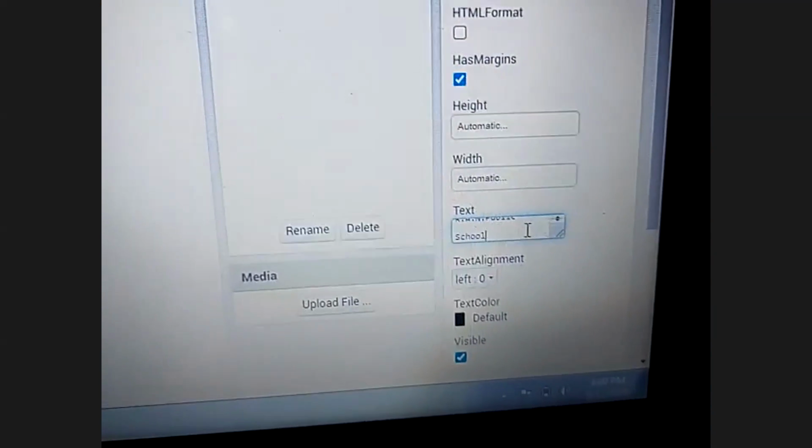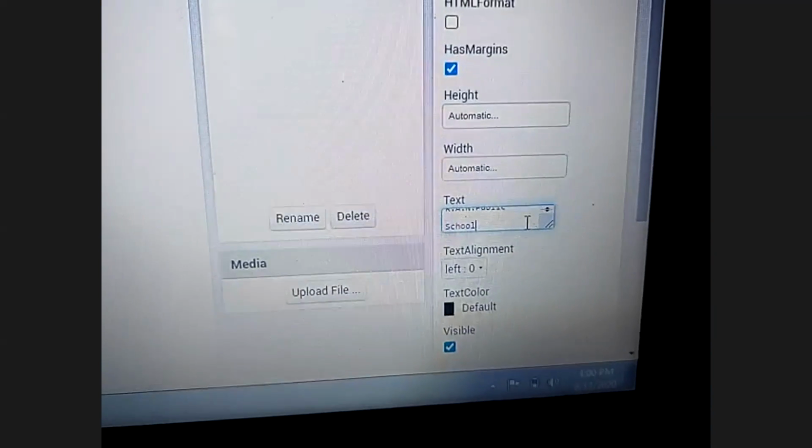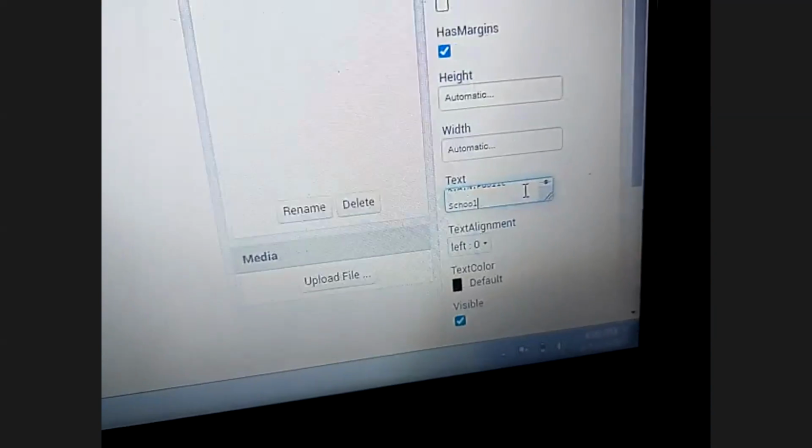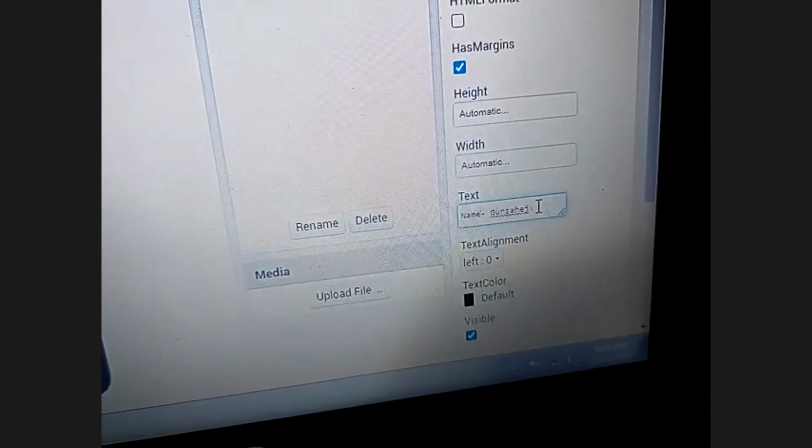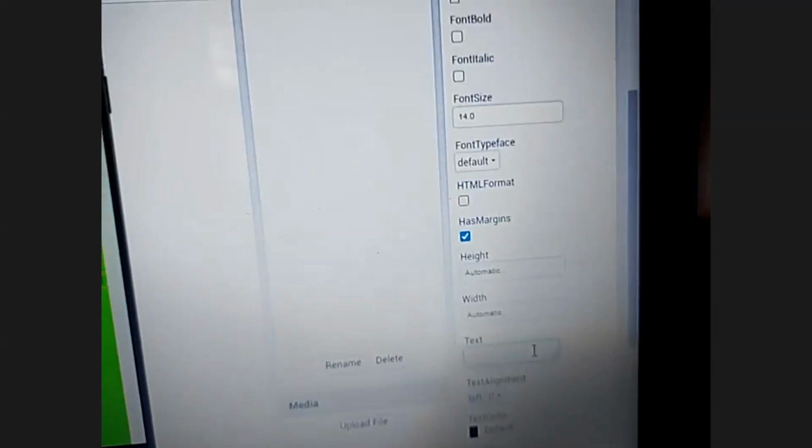Can you please go up or erase the text? Erase the text. No, width will be fill parent, text alignment will be center. Yeah, that also I have not done. Please do that. And then write, then it will come properly.